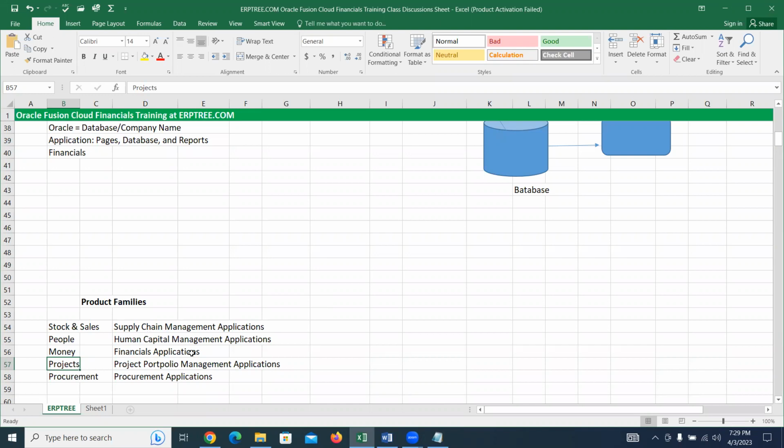Our area is financials. So project portfolio management applications: here you can maintain project related cost, project related billing to the customers, and resource management, project management, contracts, everything you can manage by using these set of applications. There will be multiple applications as a part of this. So the other area is procurement, dealing with your suppliers and with sourcing activities.